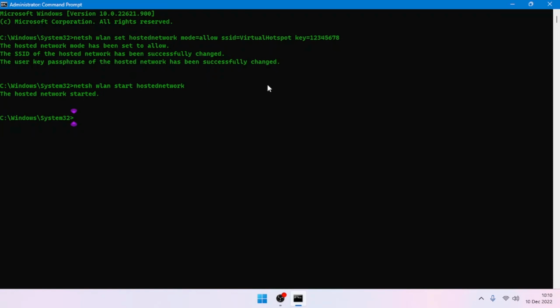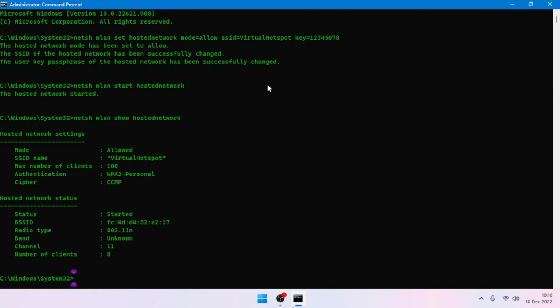We can actually check if it has started. NETSH WLAN show hosted network. Okay, you can actually see our hosted network here. Mode has been set to allow, virtual is the name, and this is the information. Let me just clear the screen,